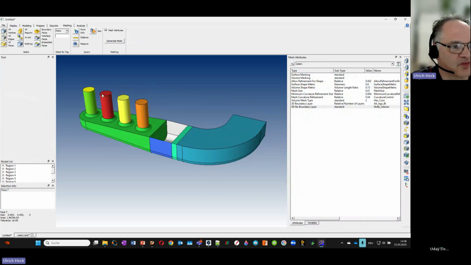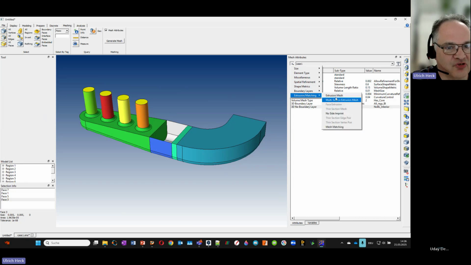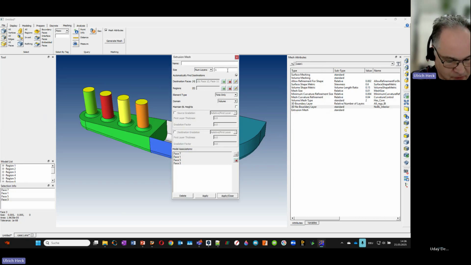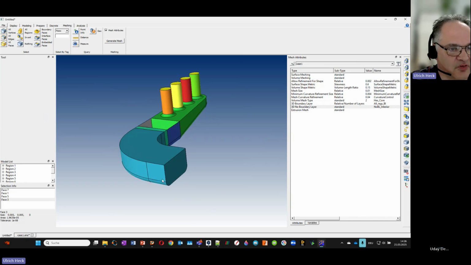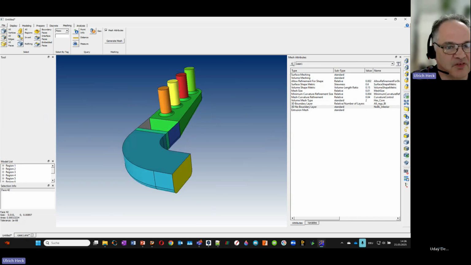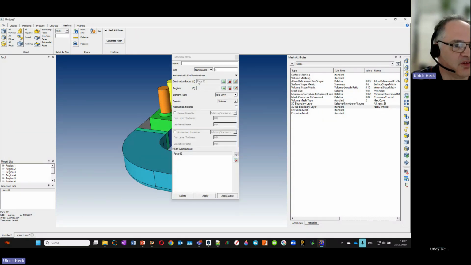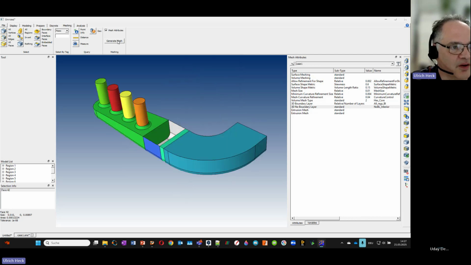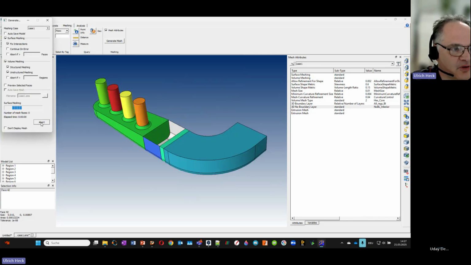If I would like to use, for example, an extrusion in this region, I can define this here, extrusion meshing, and use, for example, 10 layers. I go to mixed elements, and I can also use a gradient and so on. And I can also, for example, pick this face and also use an extrusion meshing. Also in this case, the destination face is found automatically. I can use 25 layers in this case, mixed elements, apply, close. And then I get, when I go to generate mesh,